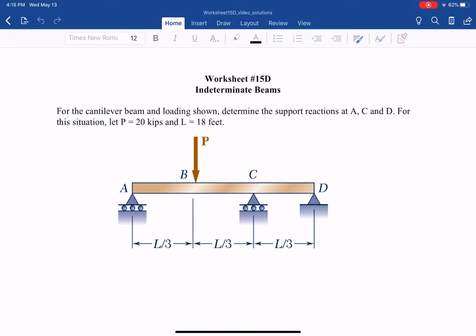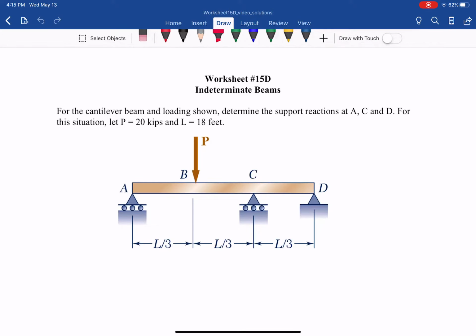Worksheet 15D, also indeterminate beams. For the beam's loading zone, determine the support reactions at A, C, and D for this situation. They give us P is 20 kips and L equal to 18 feet. So each L over 3 is 6 feet, as you can see. So just use your